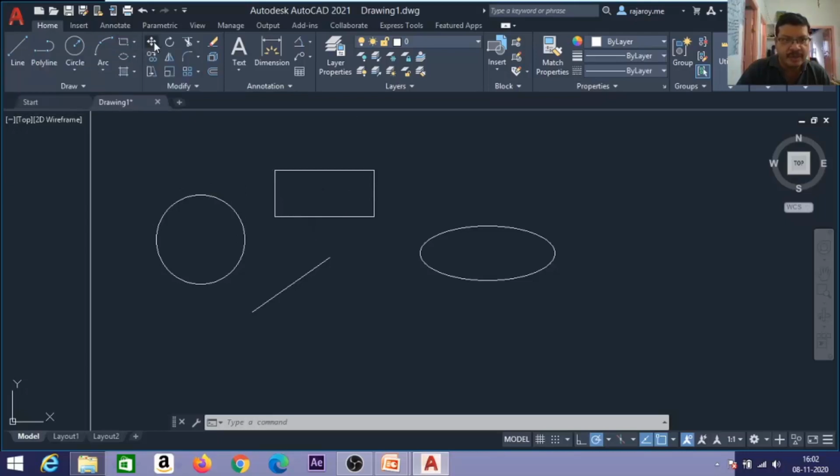Once I go to the move command, you observe here it is asking to select objects. So I can select either one object or more than one object. To select these objects, if it is one object, you can pick like this. This is called individual picking. This small rectangle is called the pick box. With the help of the pick box, I can pick individual items. One or two or five we can pick, but if hundreds of objects are there, we can't pick like this.